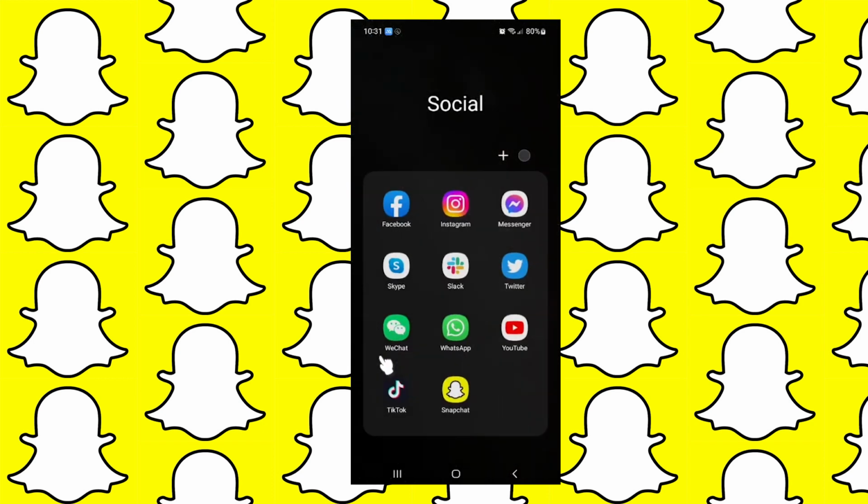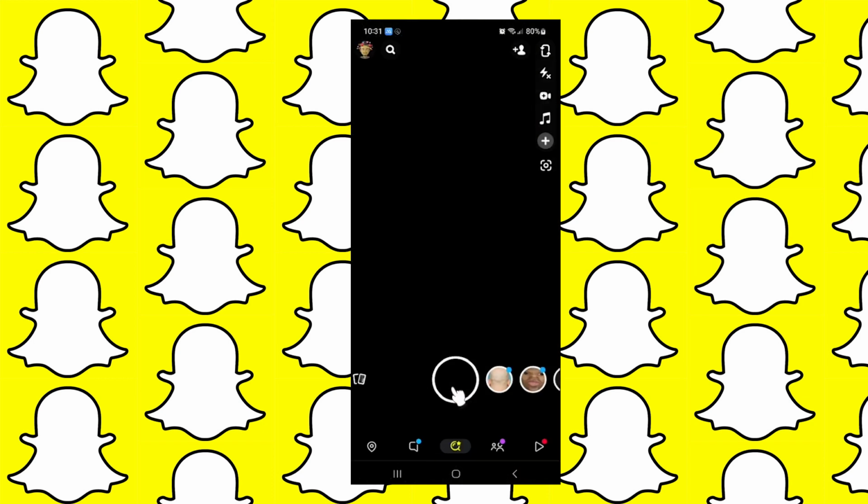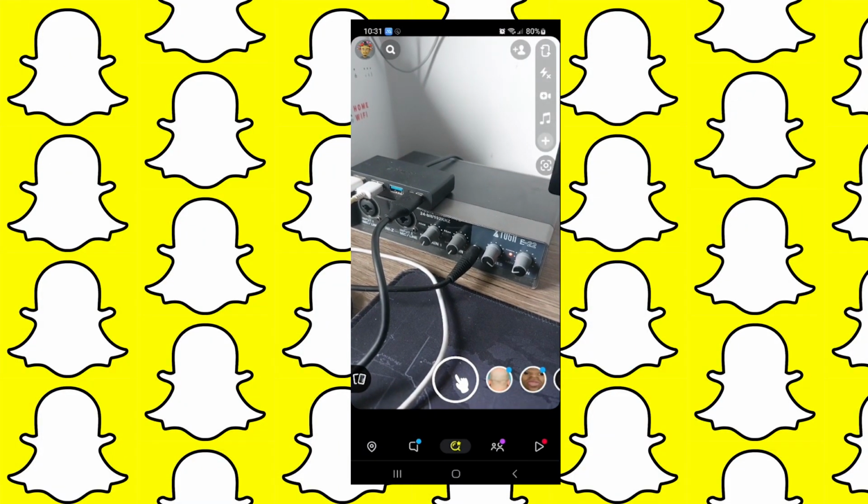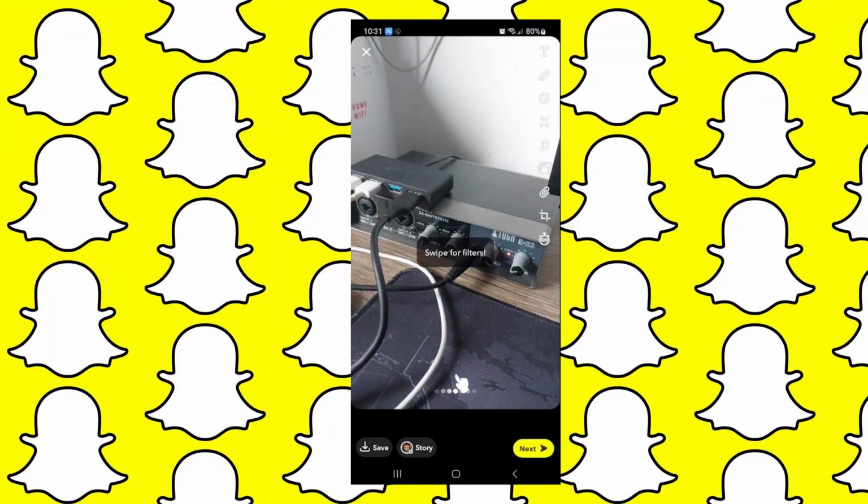So first here, let's go ahead and open up Snapchat. Now you can take a photo like you normally would. Now from here, tap on the sticker icon right here,